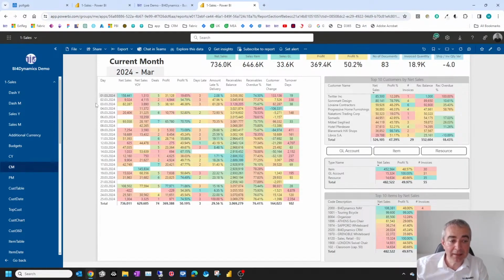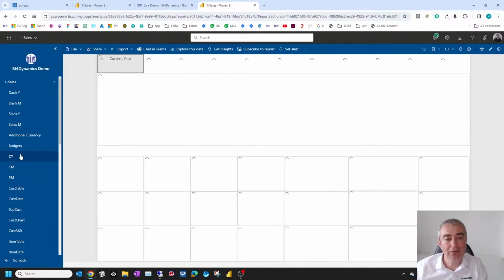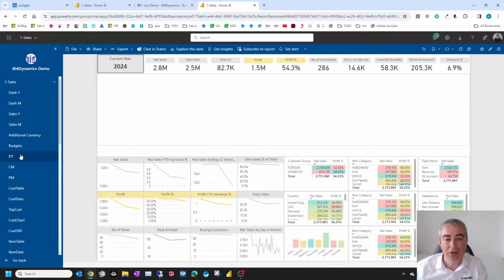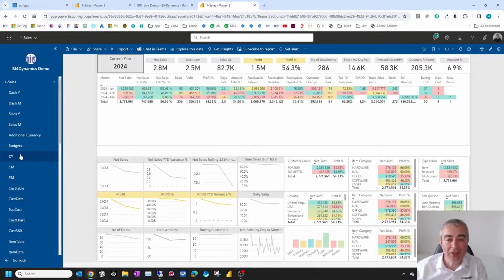Current month is by date and current year is by month. And yes, you can always drill down, but how would you analyze 365 days? It doesn't make sense. You can have top date or something that you would like to do, but it doesn't make sense. So you can see while we are here on a year, it still includes some of the reports in